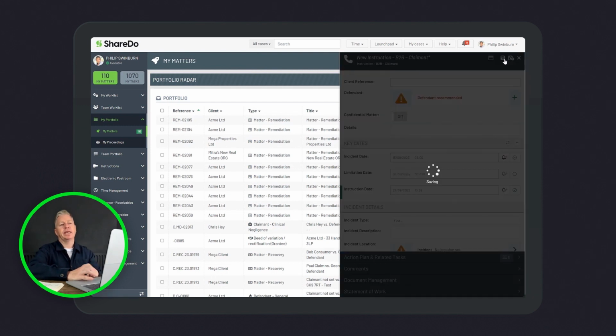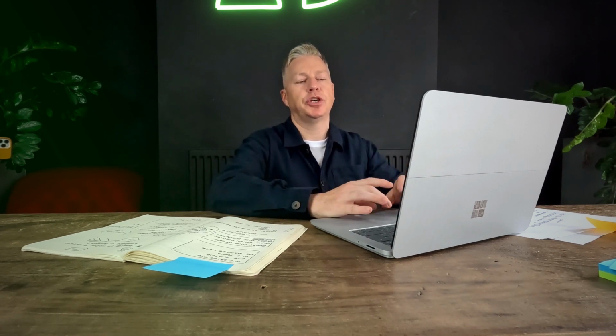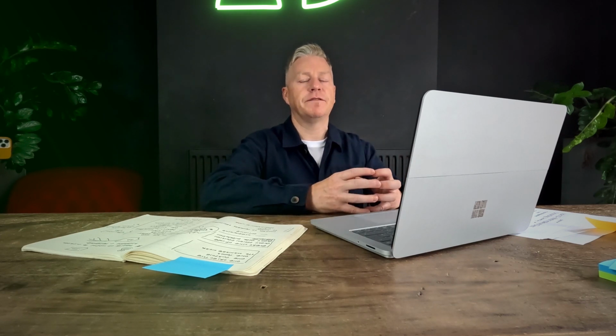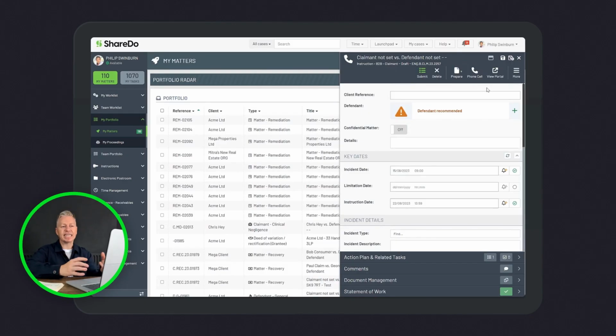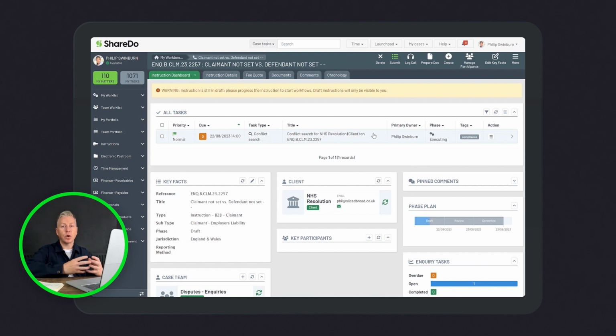So what we've got is an entry form, and again we can create these in different ways, en masse, in bulk. And this is starting the journey around that. And you can configure lots of different portal views, so lenses onto this work. And this will behave like any other work item inside of ShareDo. So it's going through a journey, with a defined start, a defined end, and we'll do different stages and